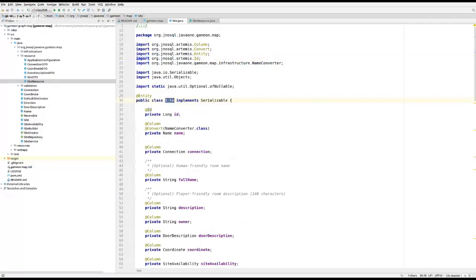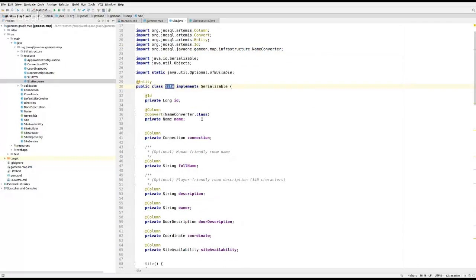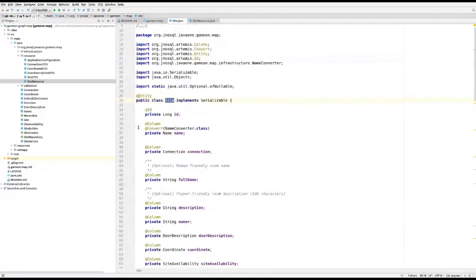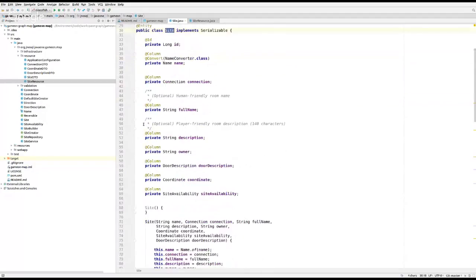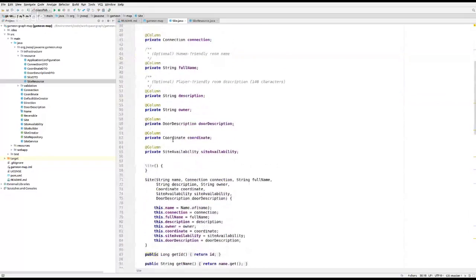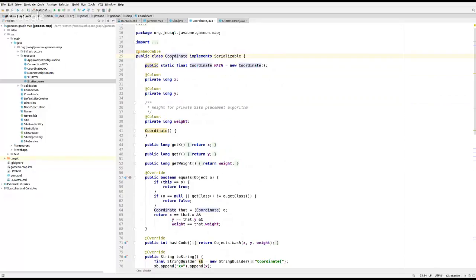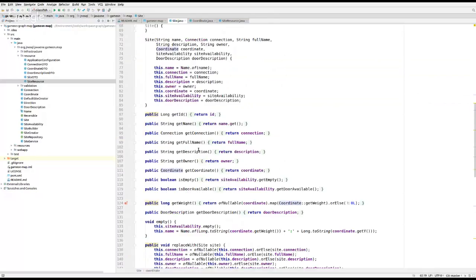So we have the Site here, with Column, Id, and so on, because a room is a place, right? So it's a site. You have the coordinate, an embedded field that has X and Y fields.